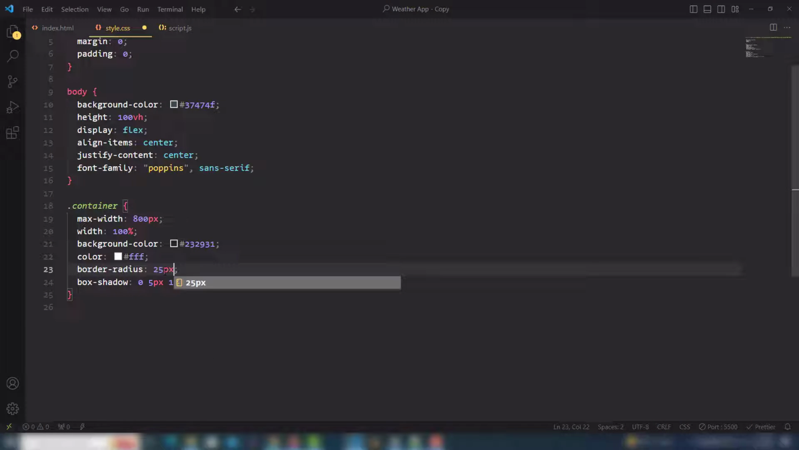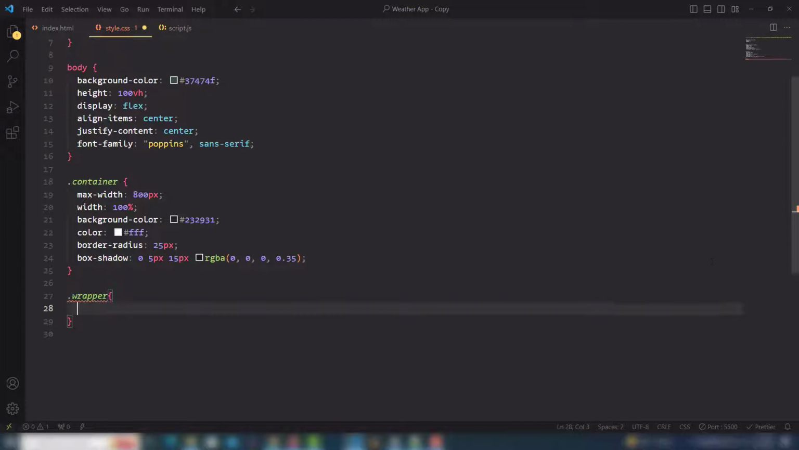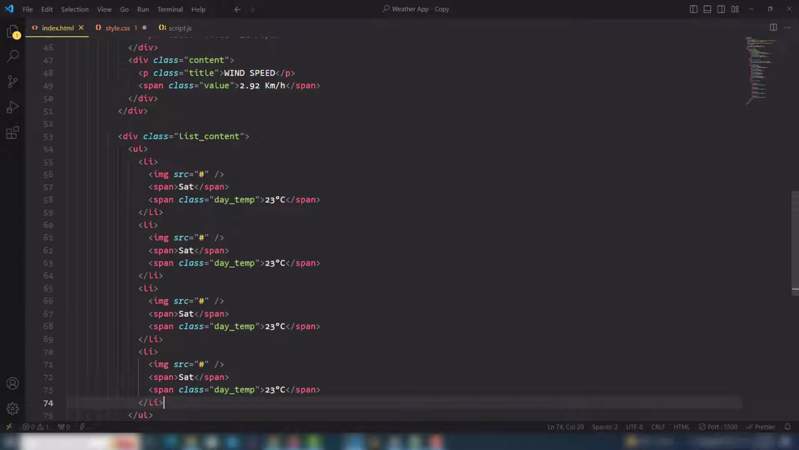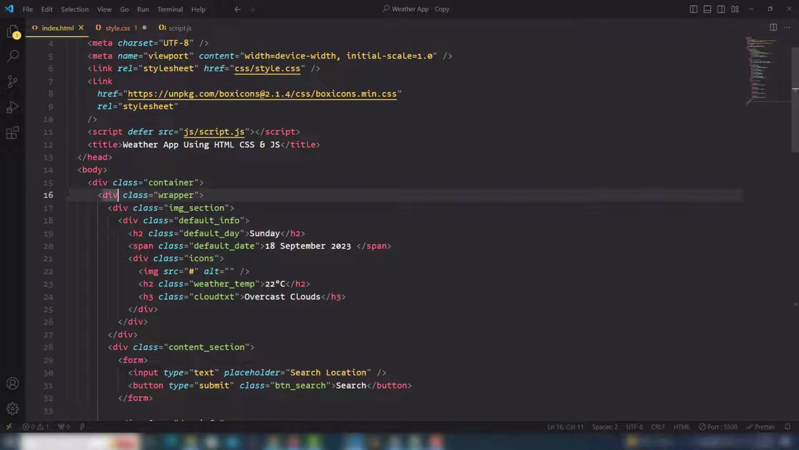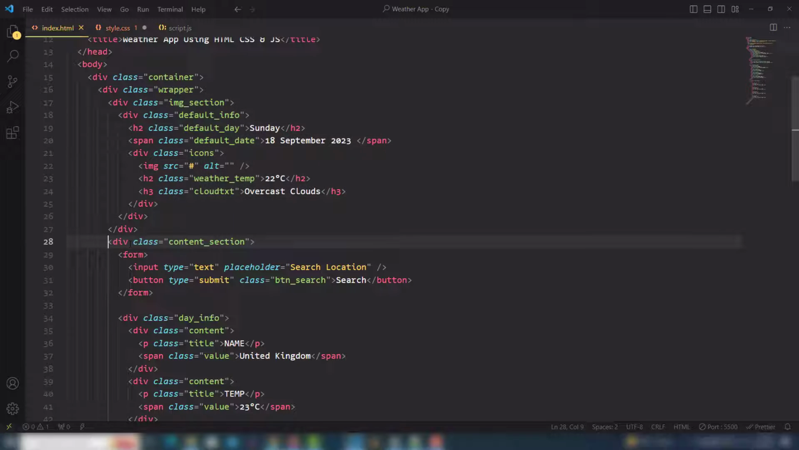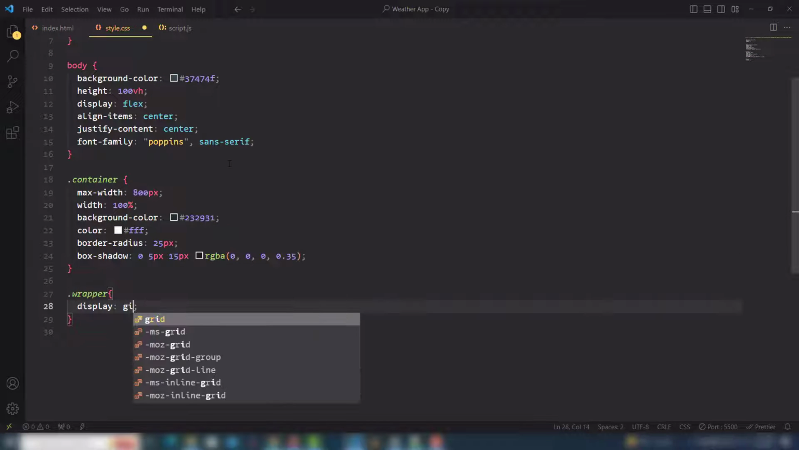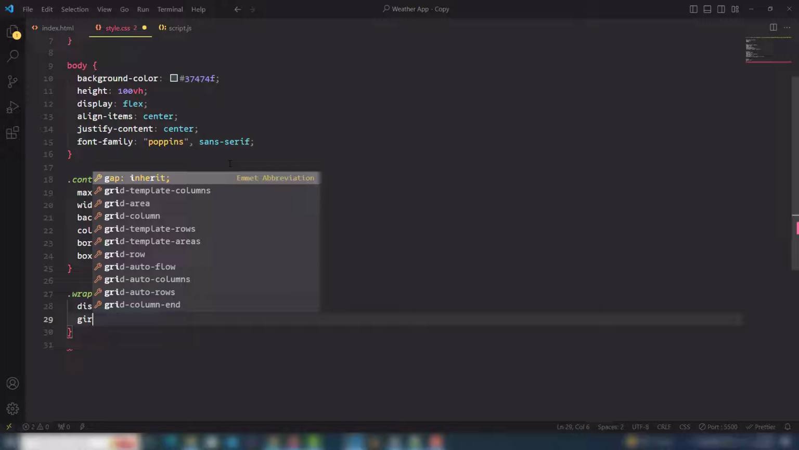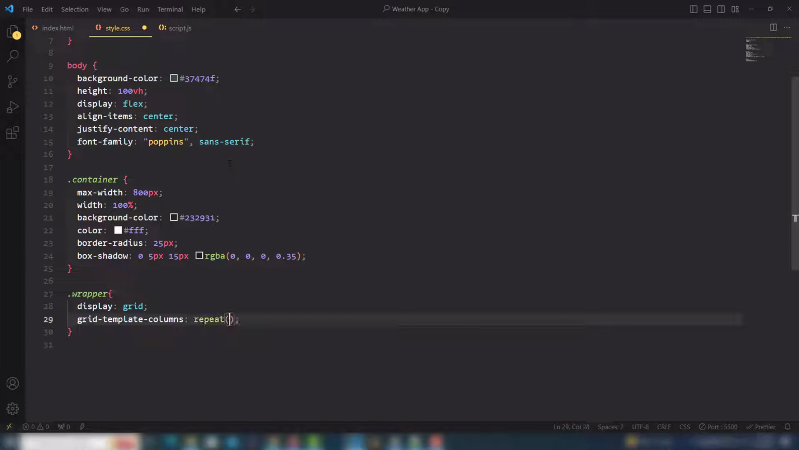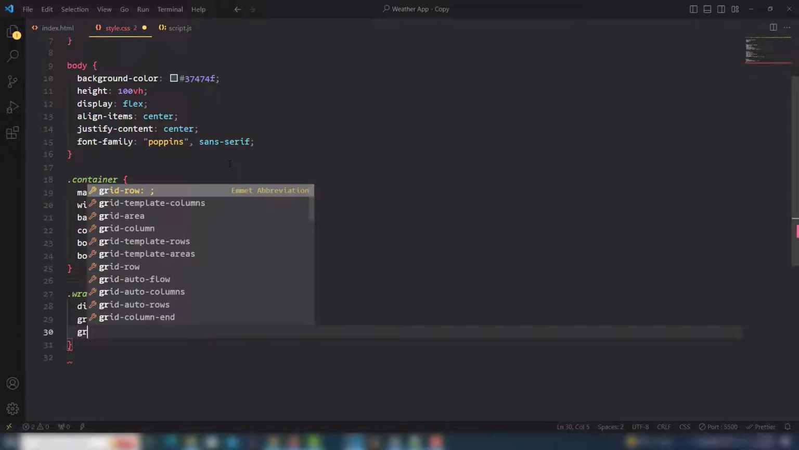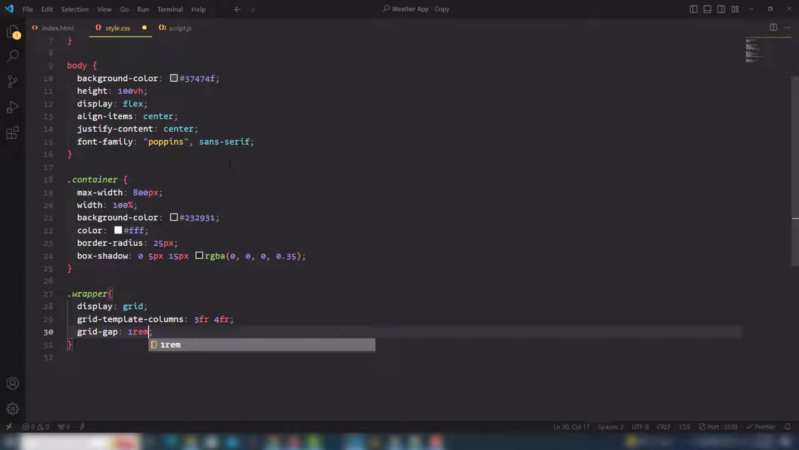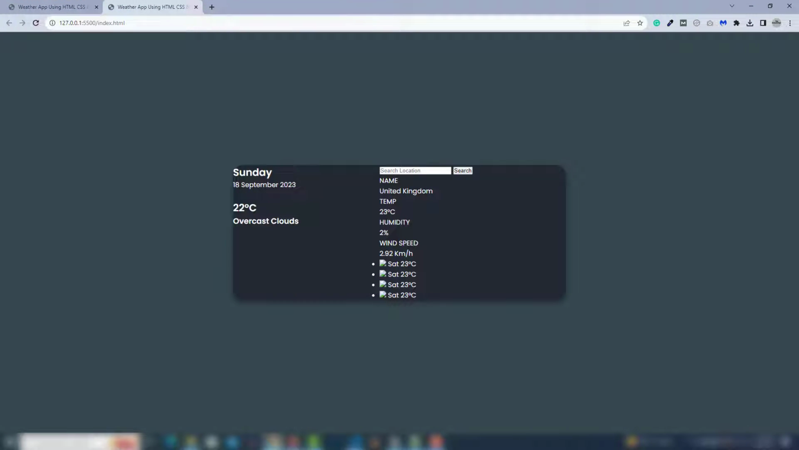25 pixel. Then I need to select the wrapper, and the wrapper has content, which I will show you in a minute. So this is the wrapper class. Inside the wrapper there are two sections. The first one is the image, and the next one is the content section. So we're gonna use display grid, grid-template-columns: repeat. I'm gonna add it, the first one. No, I will use 3fr, the first one, and the second one is 4fr, and I will use grid gap to make a space there. So we're gonna save it, and let's look at that. Right,